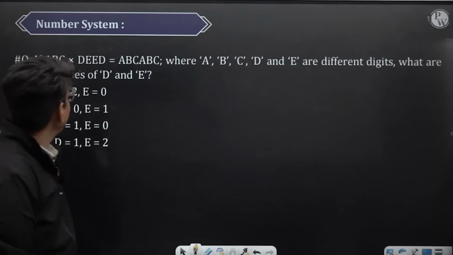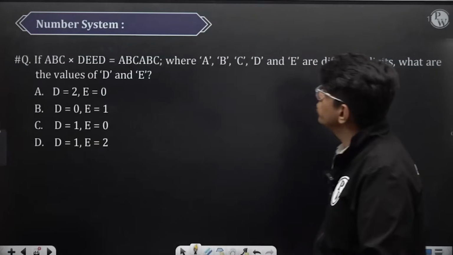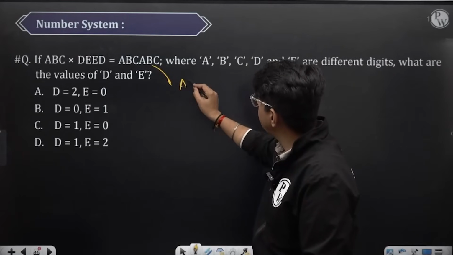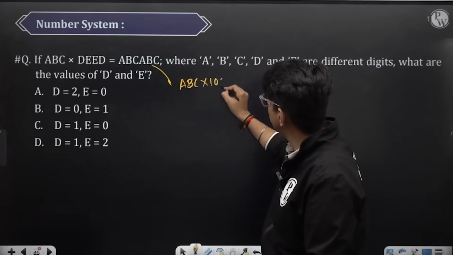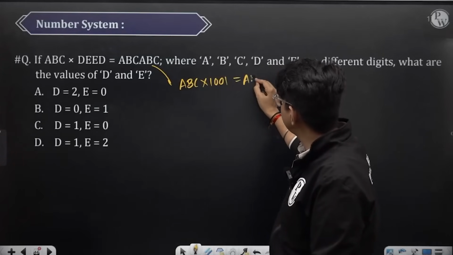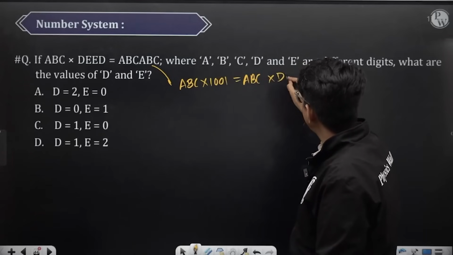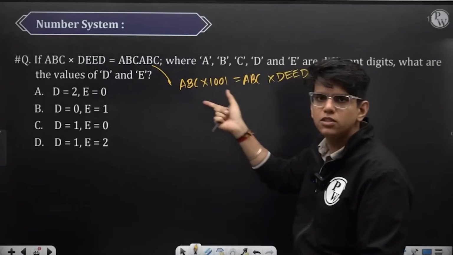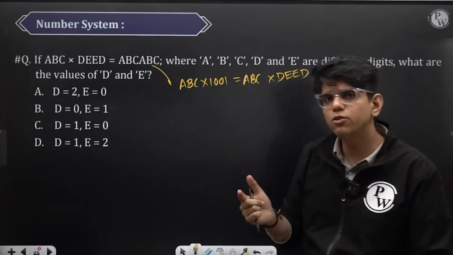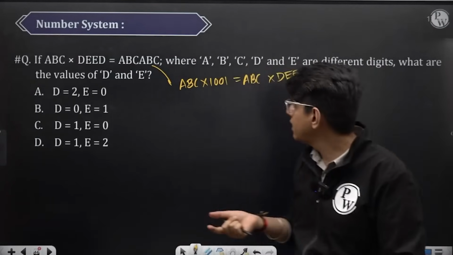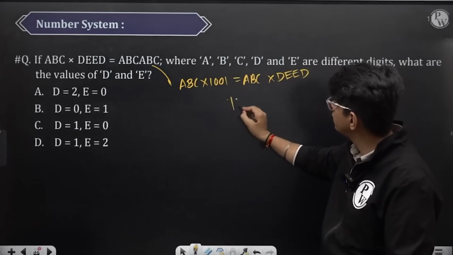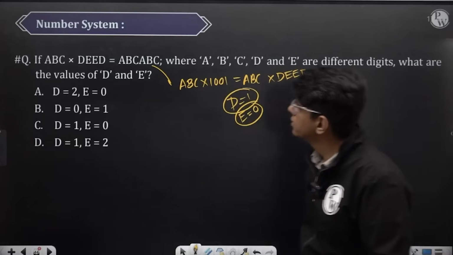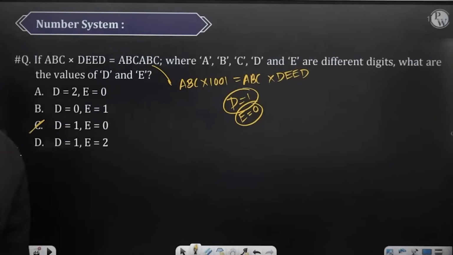Here ABC into DEED equals to ABC. Just now we solved a problem where we can write this number as ABC into 1001. And this is nothing but ABC given to us as DEED, right? I told you how to write this number as this. We just solved a problem where XYZ was divisible by which number we had to calculate, right? So here similarly, if you compare, D equals to 1 and E equals to 0. Option C is your answer,